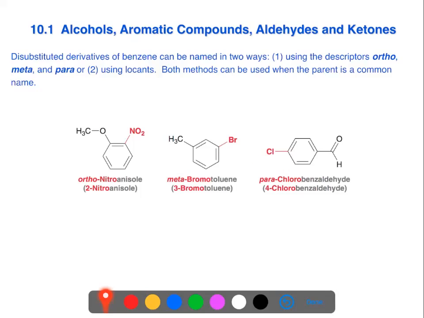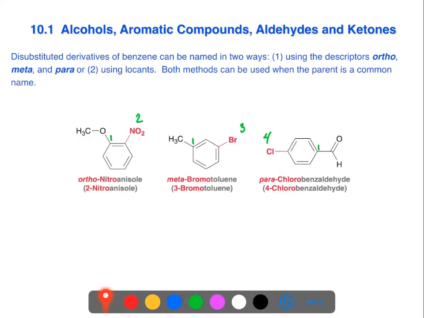We can use numerical locants, in which we would assume in each case that the substituent of the parent would be placed at carbon 1 on that ring system. So every other substituent would be numbered with respect to that particular position. So in the first example, the nitro group would be at the 2 position, the bromo group at the 3, and the chloro group at the 4. As you can see, what's drawn here is a 2-nitroanisole, a 3-bromotoluene,